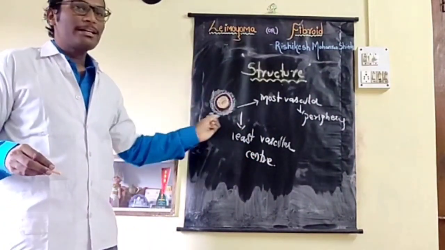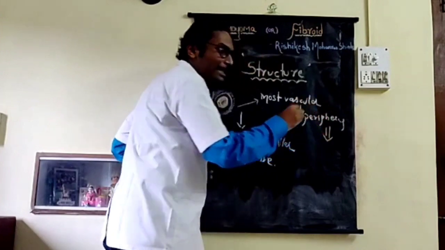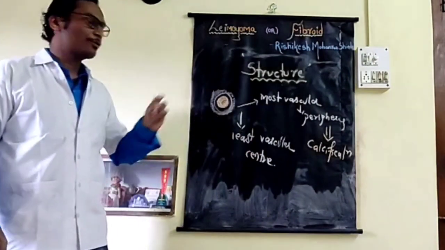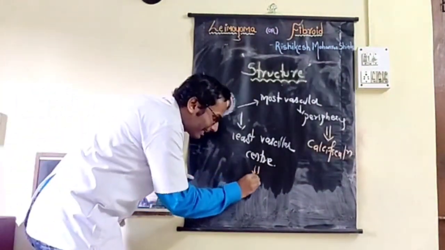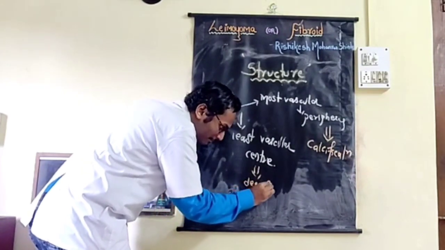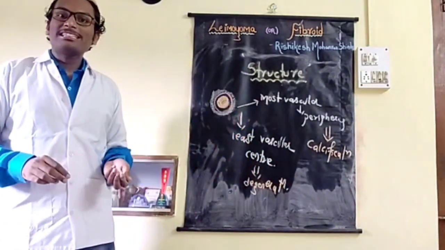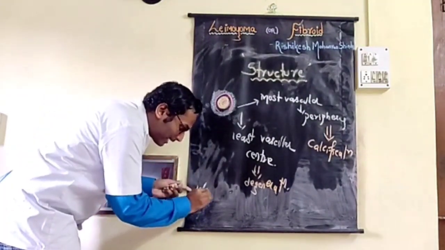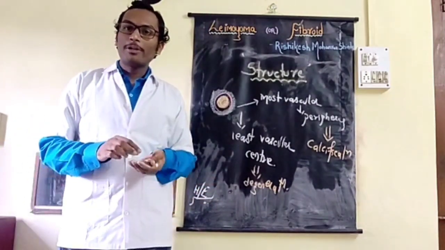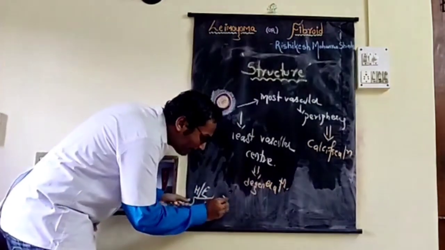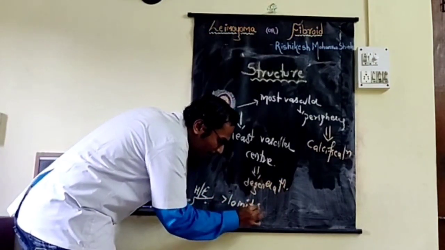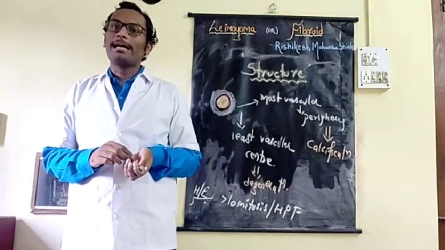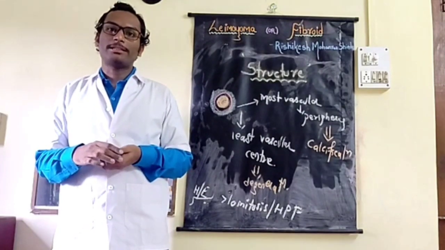From pathology knowledge, the periphery of the fibroid will undergo calcification much faster, and the least vascular part, the center, will undergo degeneration faster. Now this fibroid has a very low malignant potential, but on H&E section, histopathological examination, when there are more than 10 mitoses per high power field, it indicates the fibroid has undergone malignant transformation.